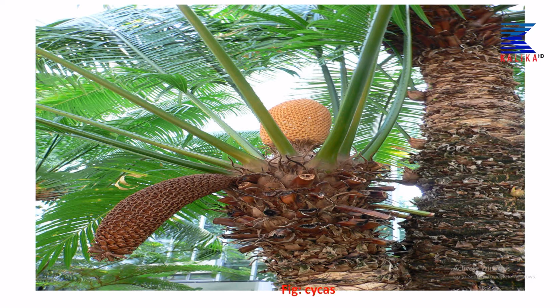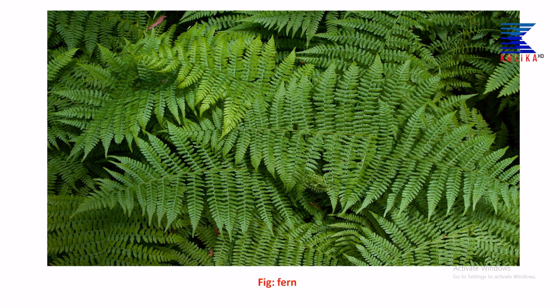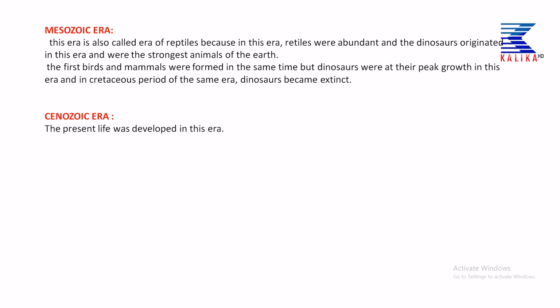You can see the different plants, such as the cycas plant that developed during that period, along with some fossils of dinosaurs that existed on the earth at a different time period, in the Mesozoic era, but now are extinct. But we know how they survived on the earth by detailed study of the fossils. And this is the fern plant. It is easily available now too, but it has existed since the Mesozoic era, to the present life. And there are the different eras, as we already mentioned, the Mesozoic era and the Cenozoic era,